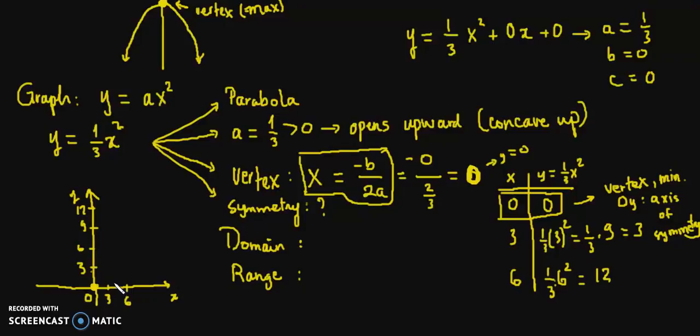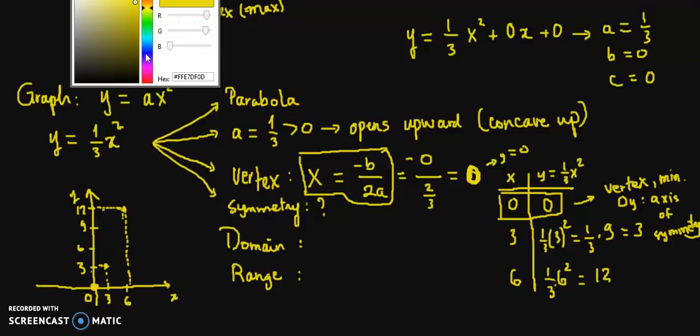Okay, so 3, 3 at this point, and 6, 12 at this point. Okay. So because of the axis of symmetry, again, we know that because of symmetry,